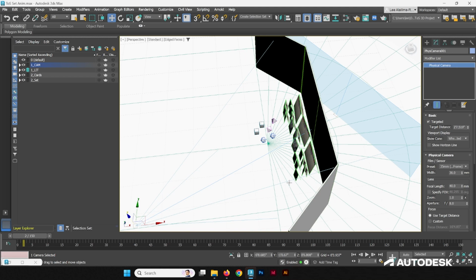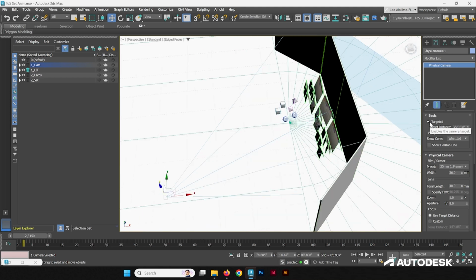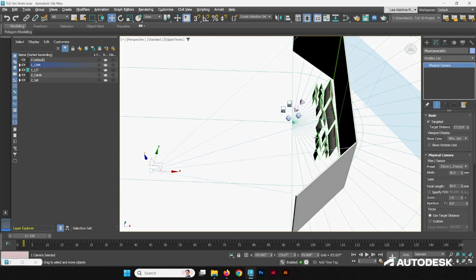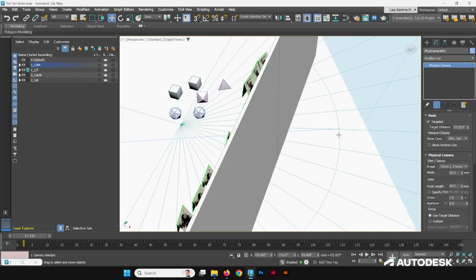Sometimes with certain axes, if you turn in weird ways, it causes the camera to shift in strange ways, whereas with a target, it keeps things easier to aim with. So yeah, to turn your target on, just go into your camera's attributes and turn on the targeted box, and that will create the target for you